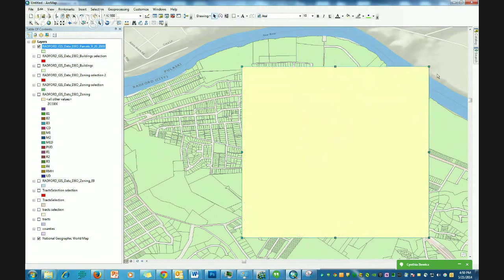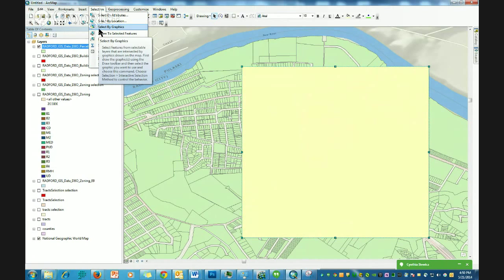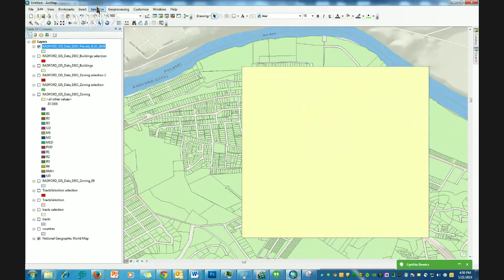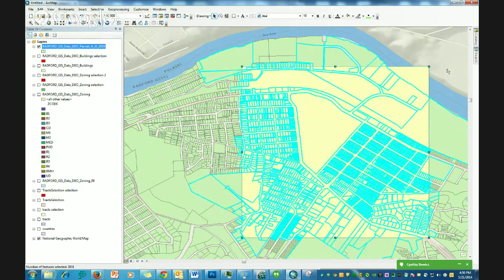And then notice how that polygon is highlighted. When that's highlighted, we can go over to the selection menu bar item, and select by graphics has now become enabled. If that is not highlighted, it goes away. So you can have multiple graphics on the map, but to actually do the selection, you have to highlight the one of interest. So we go over here, we go to selection, I select by graphics, and all of the